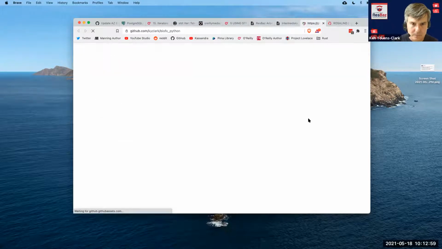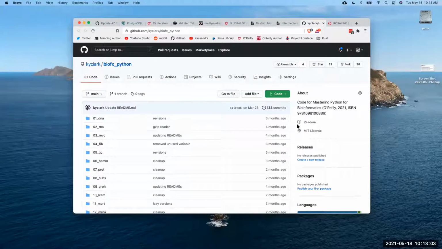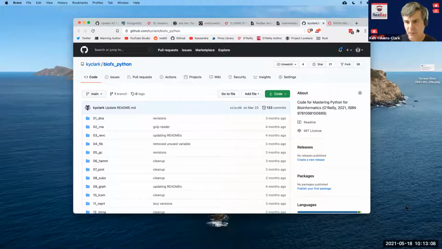Sorry to interrupt. We have a question in the chat. Why wouldn't Git Bash work for something like this? It might on Windows, but Git Bash only implements a little bit of the command line. So you could use it, for instance, to check out the GitHub repository, but I don't think that it's going to really respect your environment and help you install Python and all the things that you would need to do.